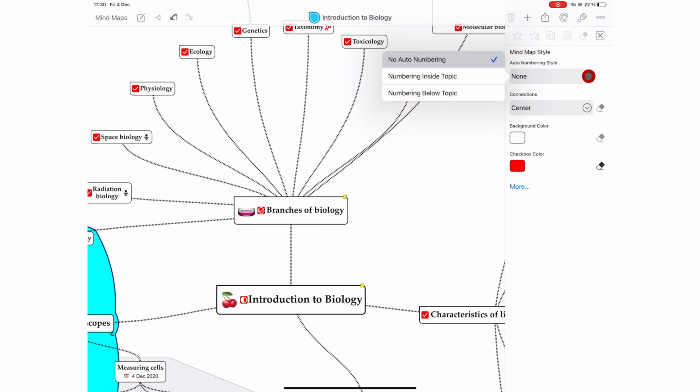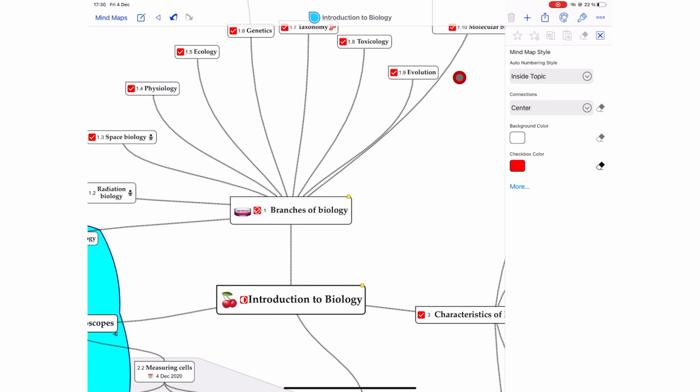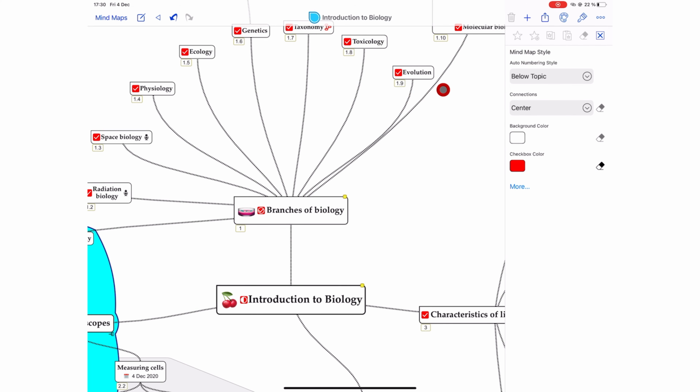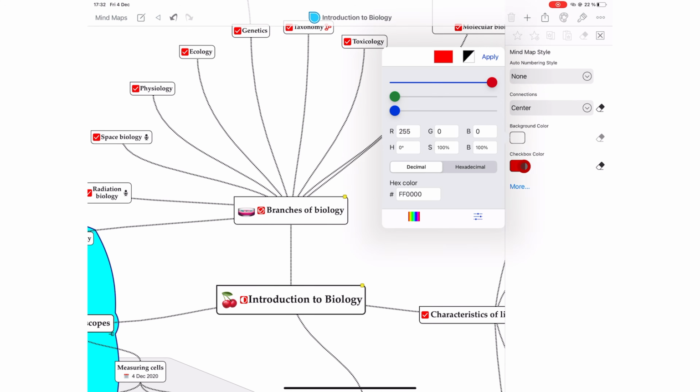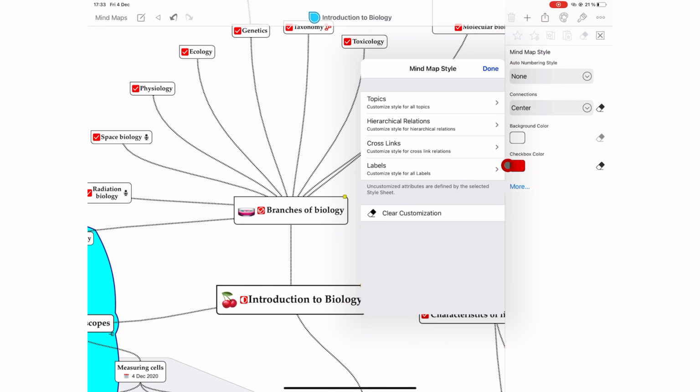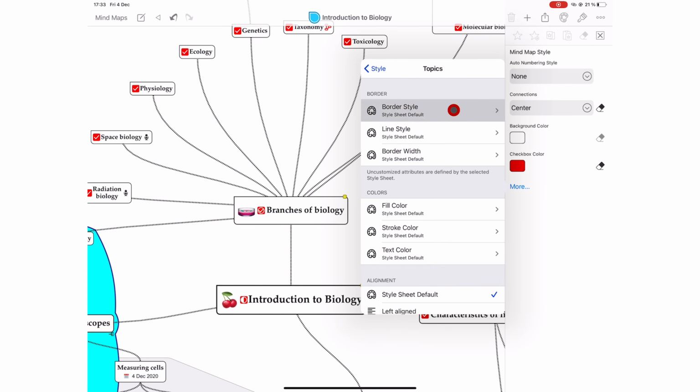Auto numbering style lets you pick the numbering type you want for your nodes, numbering inside topic or numbering below the topic. You can decide your connections, how they look. Are they center connected, baseline, or left-right? Checkbox color. For your topics, you can determine their borders,